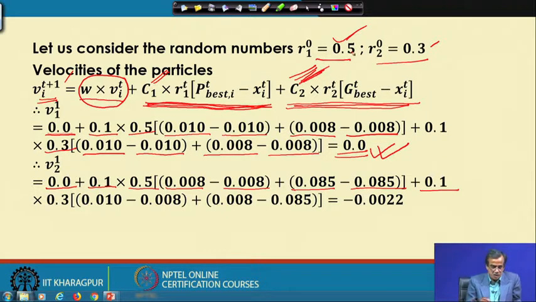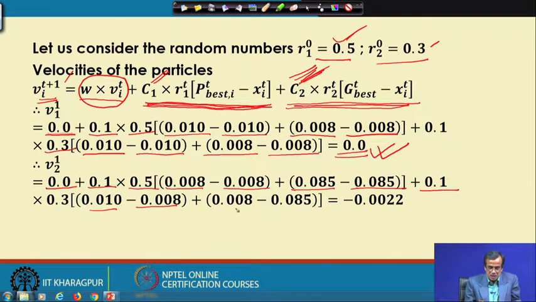0.01, that is C2 multiplied by R2 with respect to t, which is 0.3, multiplied by the global best 0.010. Now, the global best corresponding to the second particle and the first design variable is 0.010 minus 0.008, which is the first design variable corresponding to the second particle.